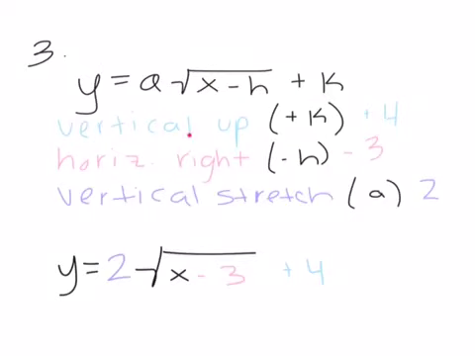So vertical translations of a radical function are always the k at the end of the equation. So if you wanted to go up, then you would do +1, +2, +3, whatever you wanted. I chose +4. But if you wanted to go down, then you would have to switch it to a negative, -1, -2, -3. For a horizontal translation, which is always going to be the h,